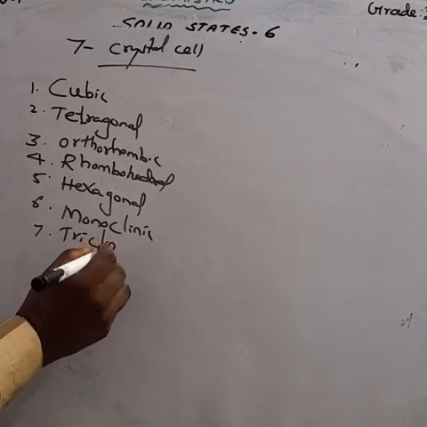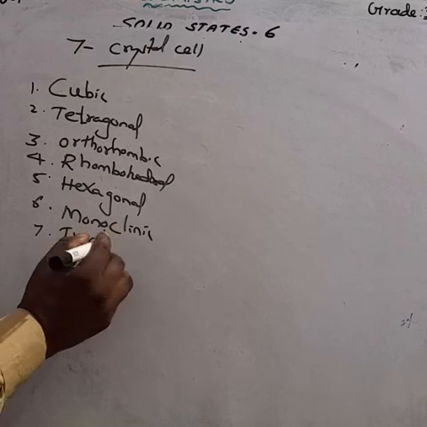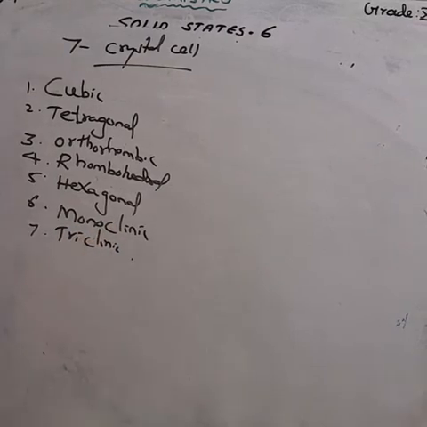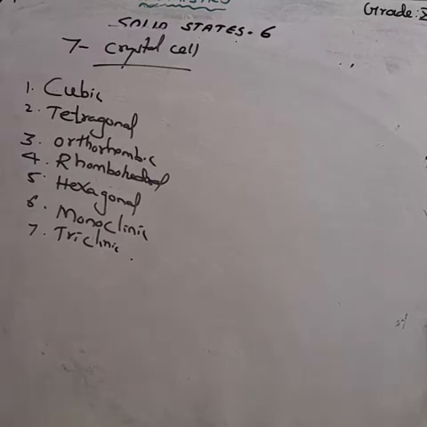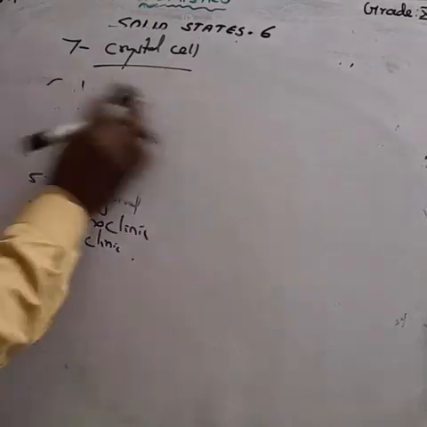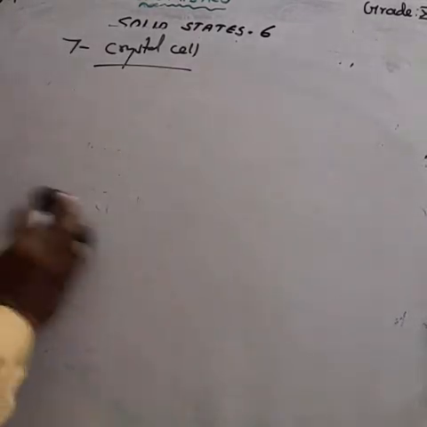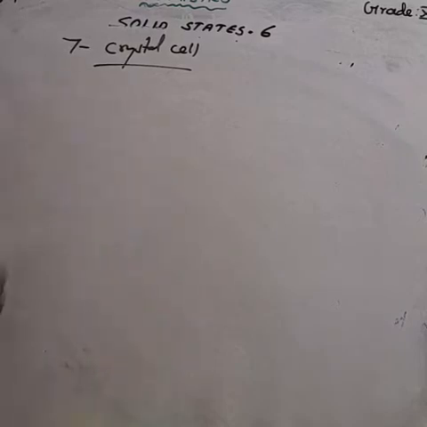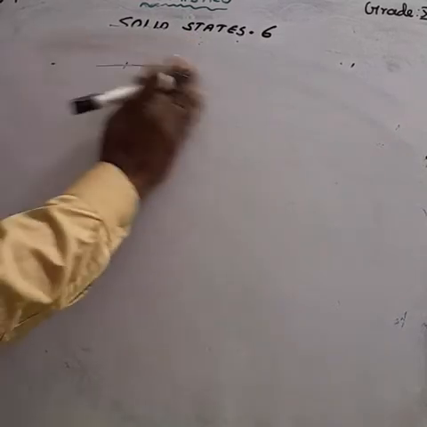For writing the edge length and angle, we must know the edge lengths. What are the edge lengths and what are the angles? For the one-word question, I am changing the order for the easiest way of writing the edge length and also the angle. So try to learn it this way: cubic, tetragonal, orthorhombic, rhombohedral, hexagonal, and triclinic. Listen children, we have to look at the diagram.